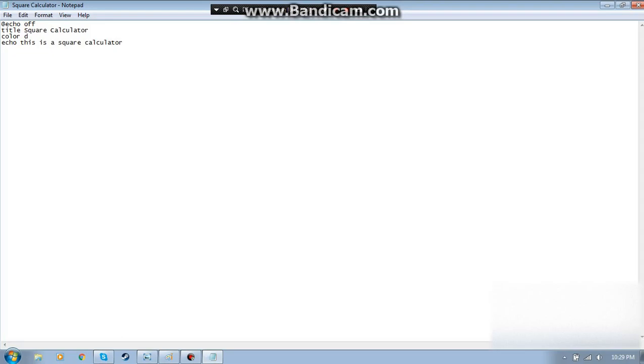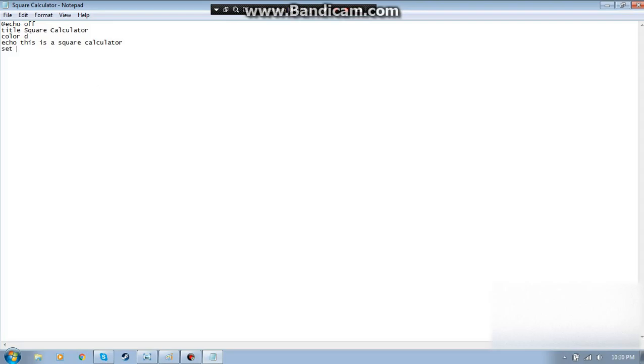Okay, so after that happens, we want to be able to say what our variables are going to be. If you don't know what a variable is, it's something that can be changed to have a different result. So we want our variables to be two numbers which will be used to calculate the area of a square, which is going to be side 1 times side 2. So we are going to set up our variables here,